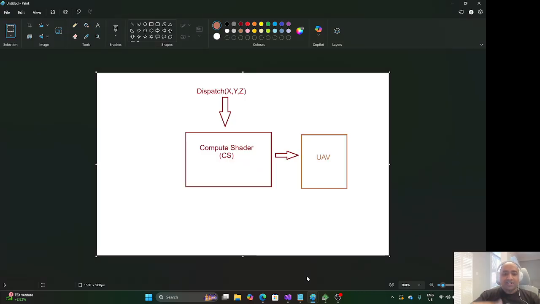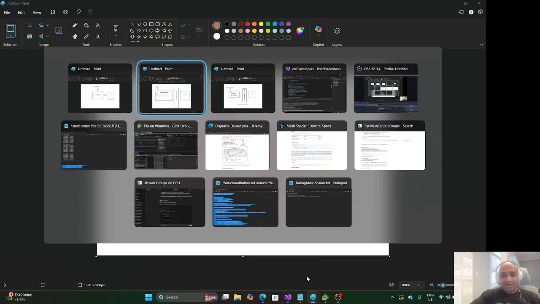And then we have compute. The recently popular AI engines use a lot of compute shaders under the hood, but it's been around for a while. You do post processing with it, and then you write to the UAV. It's been around for a very long time, and games used a combination of dispatch and draws to render the frame. Now,